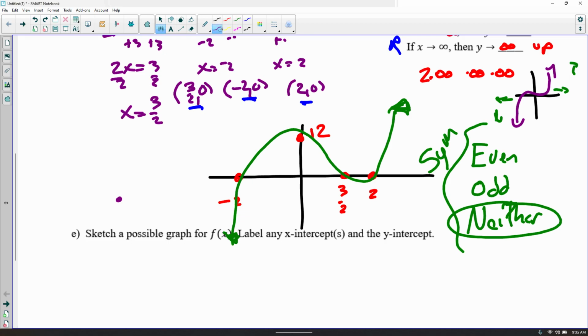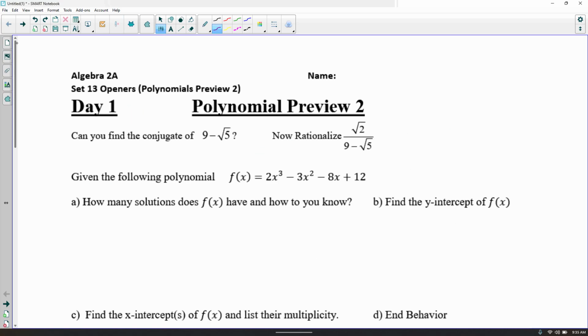I had somebody in A block say, hey, it's an odd function, because it's x cubed. I said, does it go through the origin? Remember, the odd one has to go through (0, 0). It's not, so it can't be odd. It's got to have what we call origin symmetry or rotational symmetry. Even is y-axis symmetry. Just remember that. I'll keep going over it, over and over, and eventually you're going to know it. So we'll just check those at the end. Done. Boom. Put a fork in it. All right, next thing we're going to do is we're going to go over our